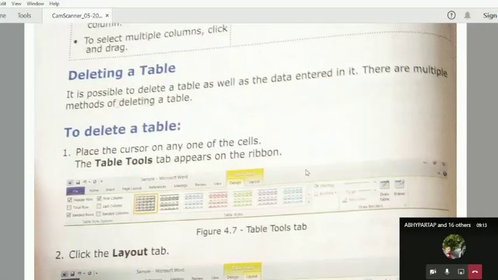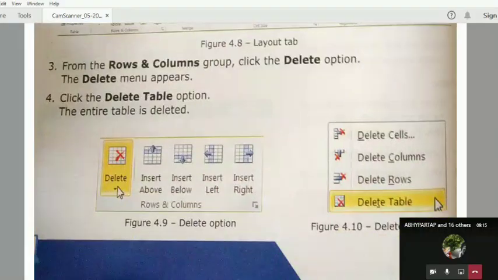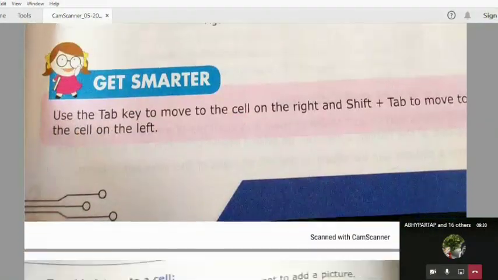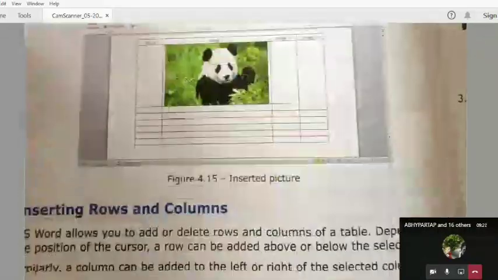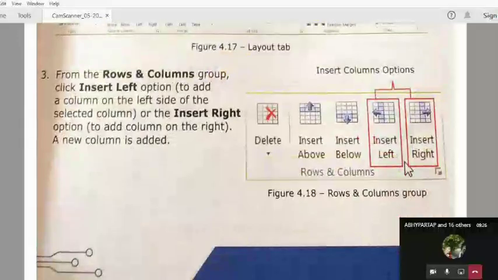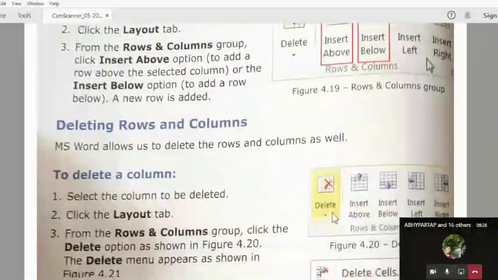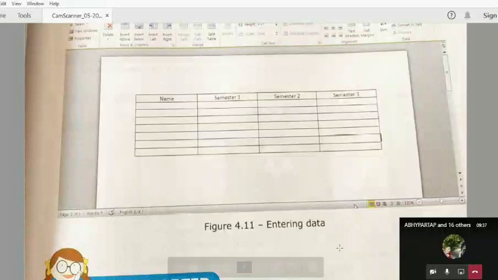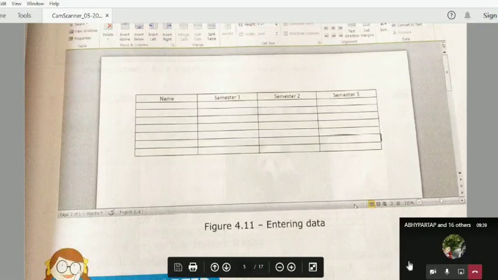We will also learn how we can delete a table. Then entering the data in the table. Afterwards, we are also going to learn inserting rows and columns, how we can add a row or column in the table, and so on. So this is the theoretical portion. Now I will show you practically how we can use these features in MS Word.